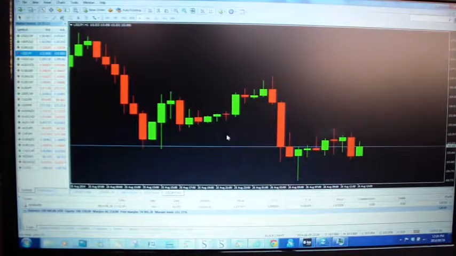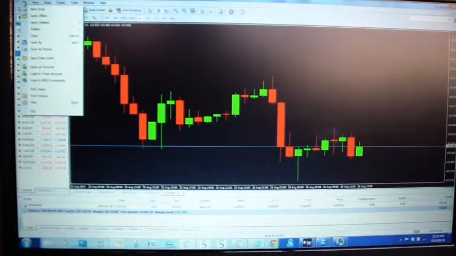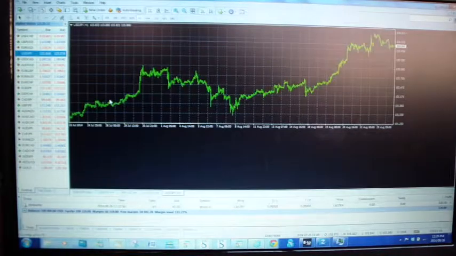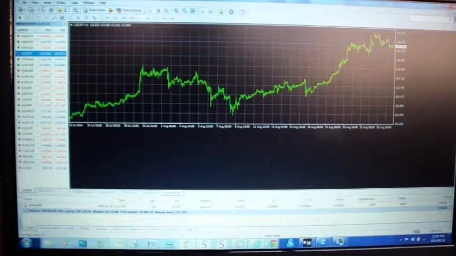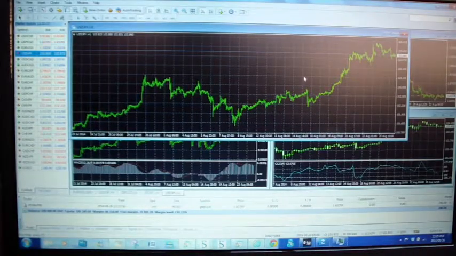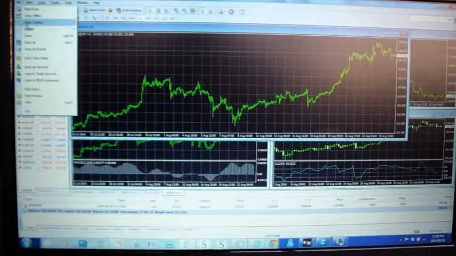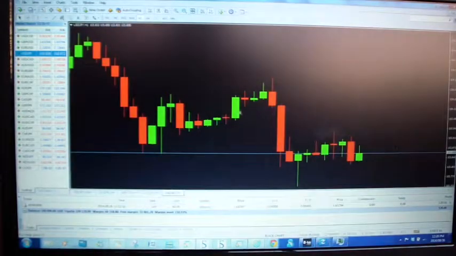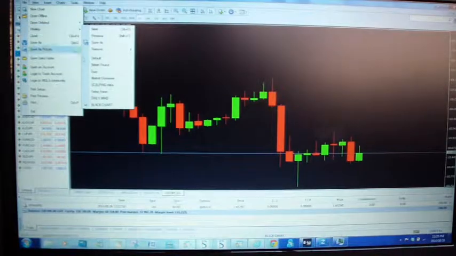Now watch this. If I go to File, Profiles, and I scroll down and I go to Daily Mic, okay, we are back to where we started creating the charts, right? So once again, if you go File and we go to Black Chart, well, there's the black chart. So if you go File, once again,